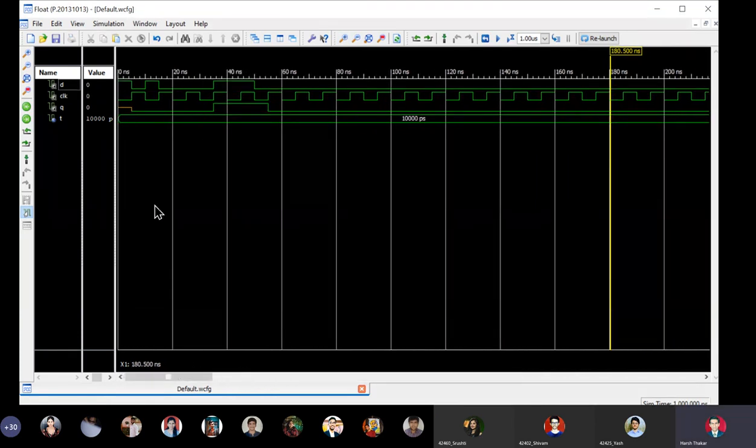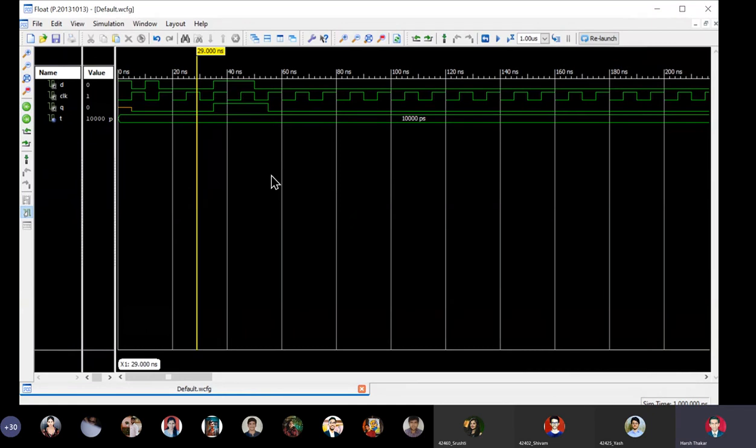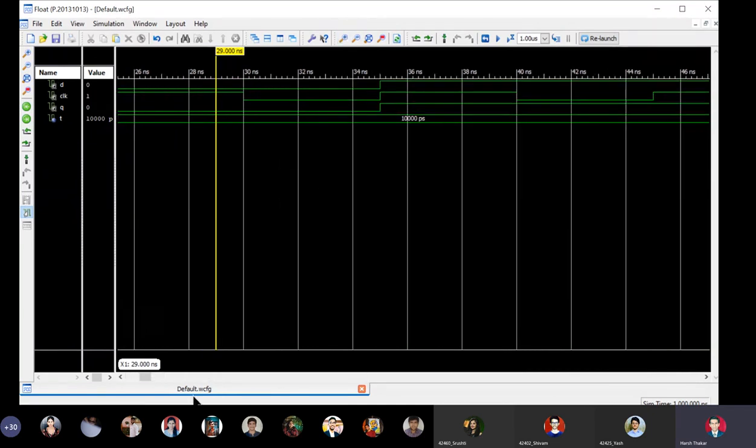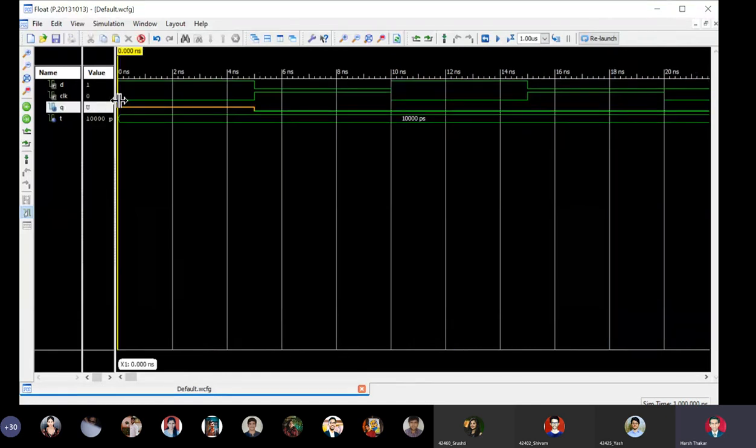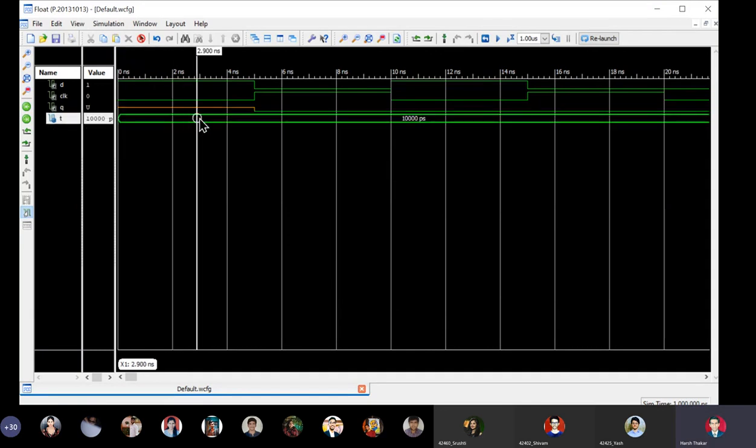Scrolling, and what I will do is that I will just click here, the cursor comes here. We can clearly see, if you want, I can zoom it still. See how the clock waveform is generated. Okay, we can clearly see here that at 0 nanoseconds clock is 0, and then 2 nanoseconds, 3 nanoseconds, 4 nanoseconds, 5. So I have said clock is assigned 0, wait for t by 2, and t is 10 nanoseconds, and then clock gets 1, wait for t by 2. Okay, so 0 to 5 nanoseconds it remains 0, 5 to 10 it remains 1, 10 to 15 becomes 0. It goes on toggling.